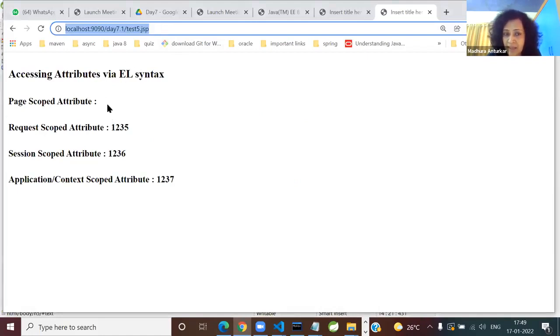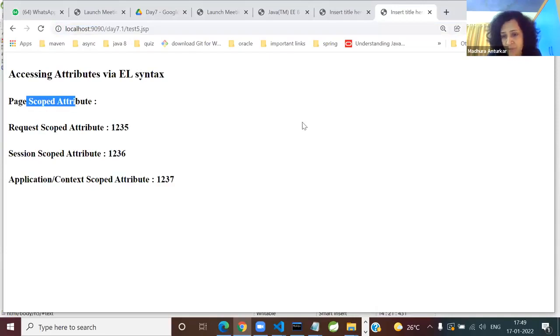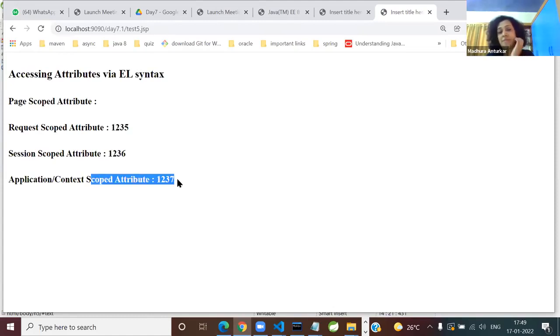And as discussed, the current page scope is gone because, of course, you are stepping into a new page. test5.jsp is separate, test6 is separate, but the same request, same client, same application. Got better clarity regarding the scopes? And like I said, it was a 3-4 liner code to explain the whole concept to you. Are we clear? So that was it.